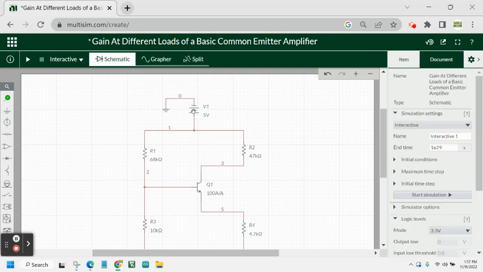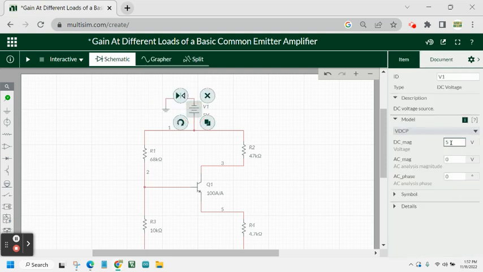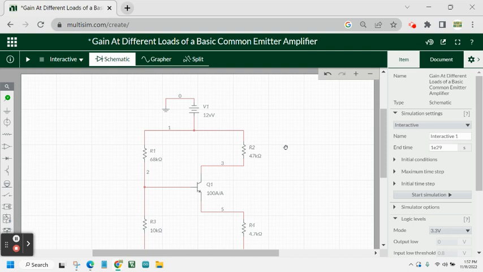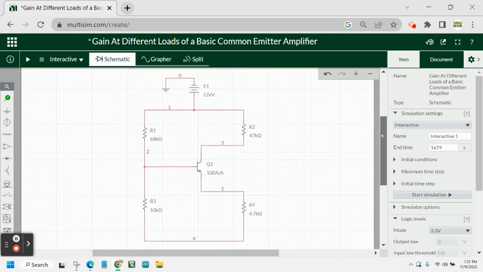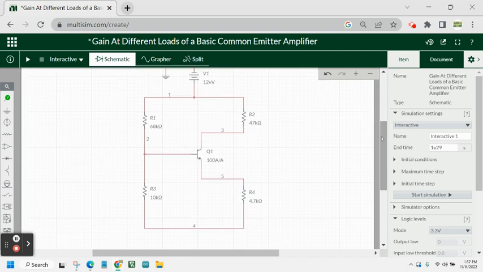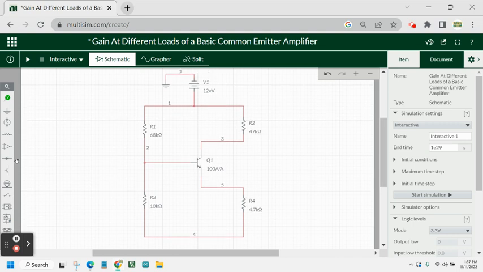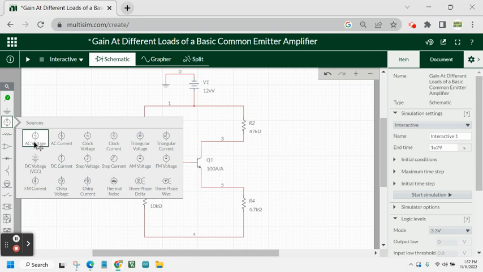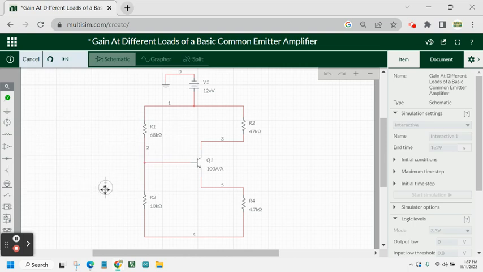Okay. And the DC voltage source must be 12 volts. And there you go. You have your BJT amplifier, NPN. And of course, we have to put our input source, which will represent the AC voltage